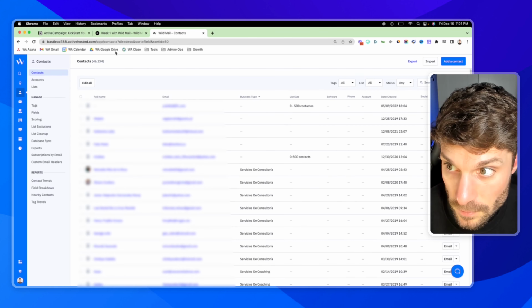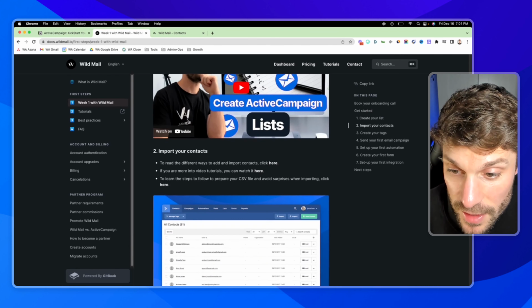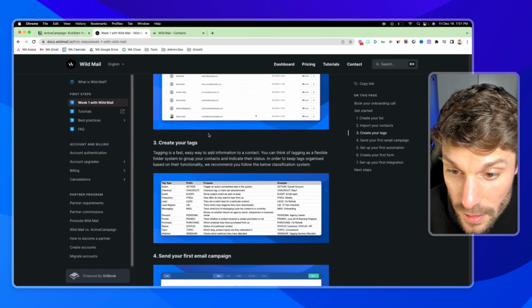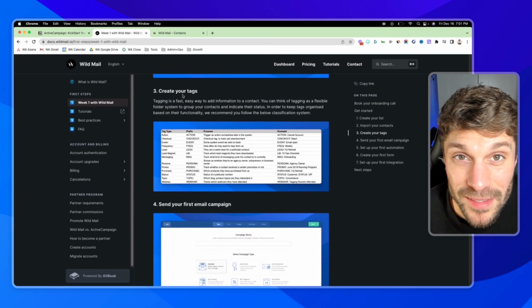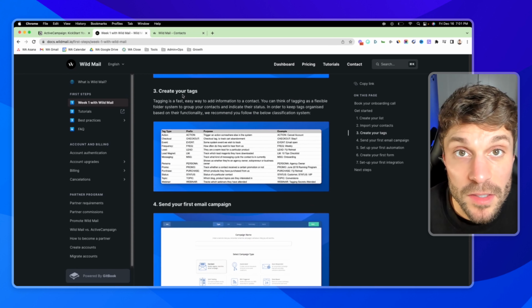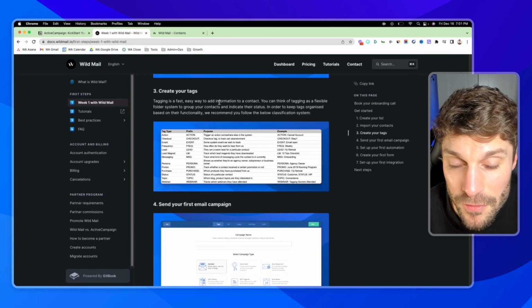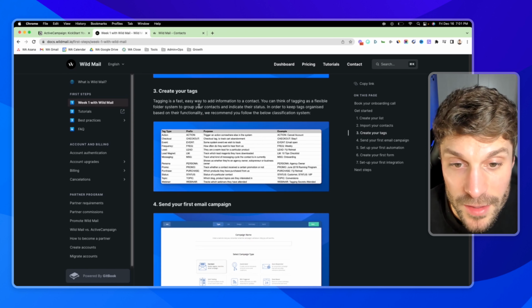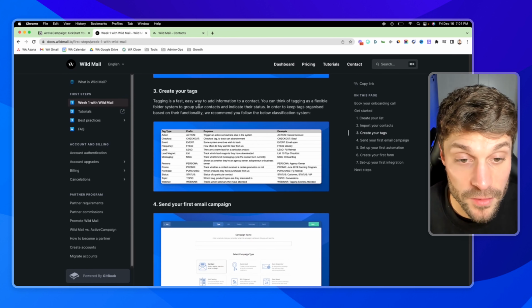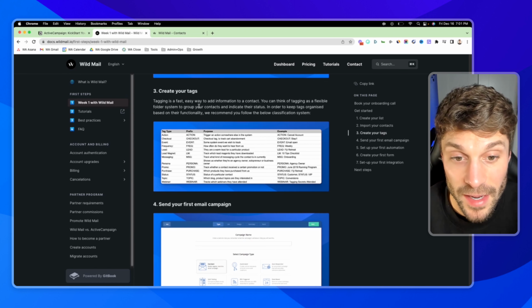Okay, so we've created our first list and imported our contacts. Now we're going to create tags. Remember I said in the beginning, you want one main list because we're going to segment entirely using tags. Tagging is a fast, easy way to add info to a contact. The flexible folder system to group your contacts